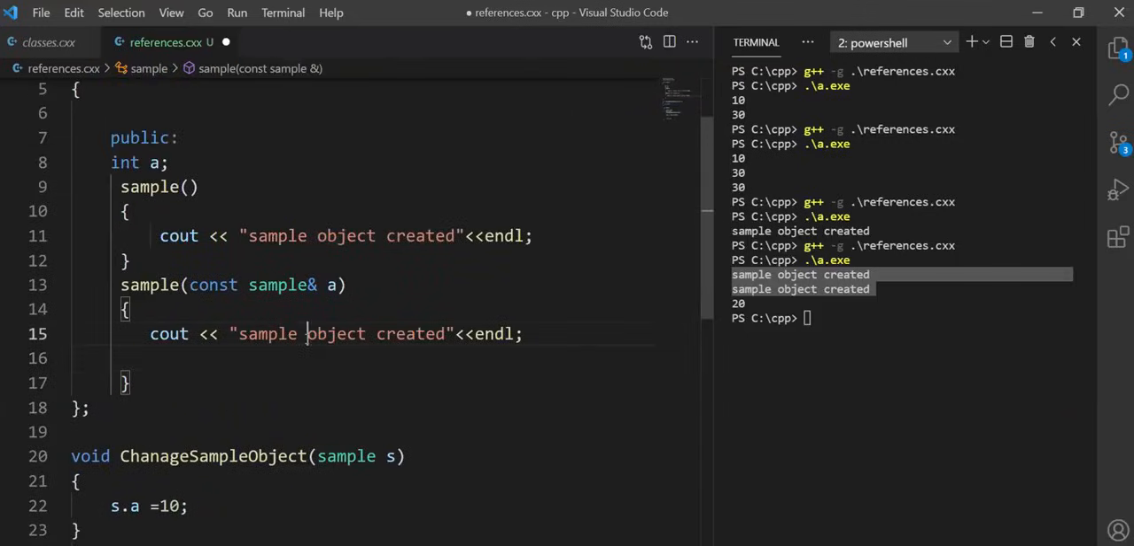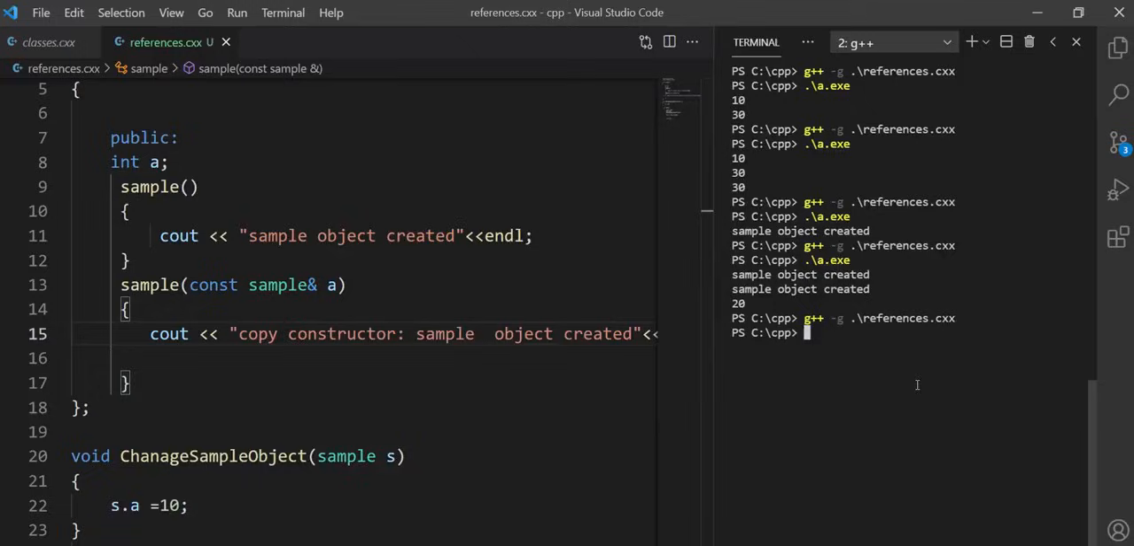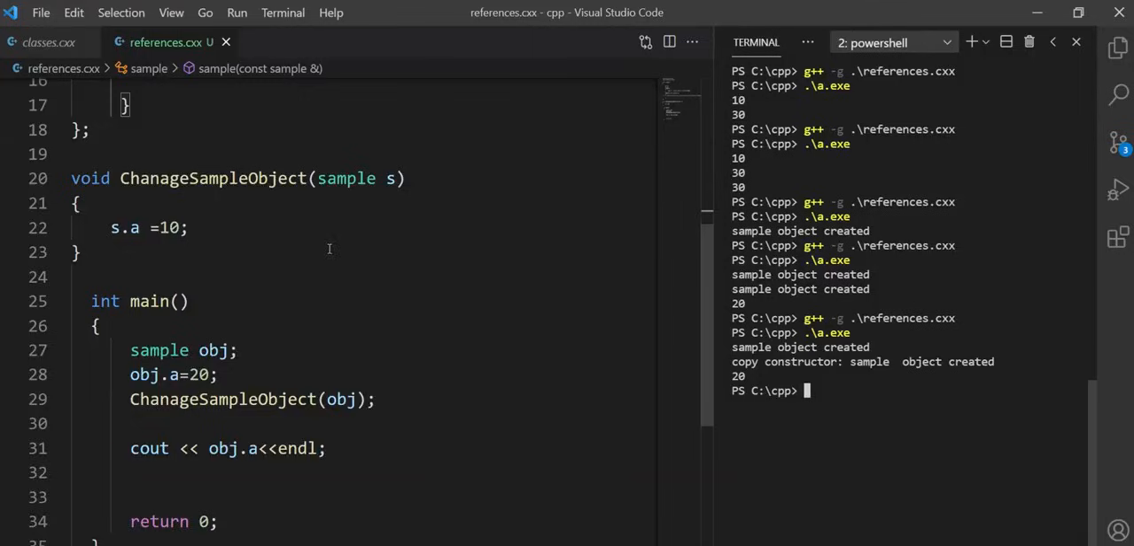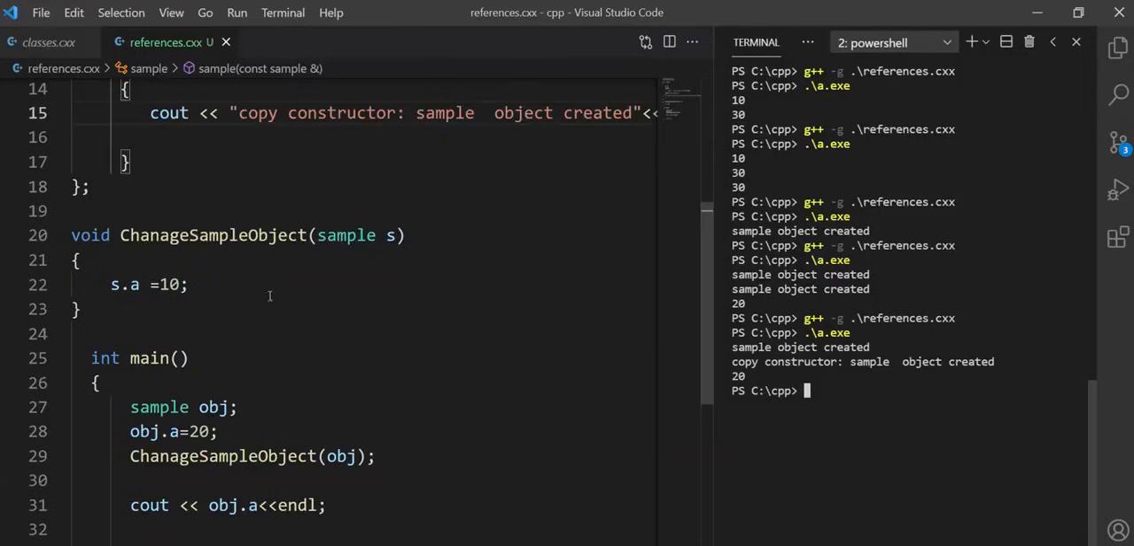To make it clear, let me add a print in the sample copy constructor. Yeah, our copy constructor got invoked when a sample object got created. This is the disadvantage of passing by value, because if you want to modify this object, you have to always pass it by reference and not pass by value if you want your changes to get reflected for this particular object. To do that,